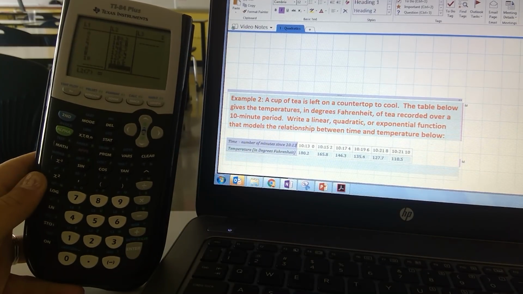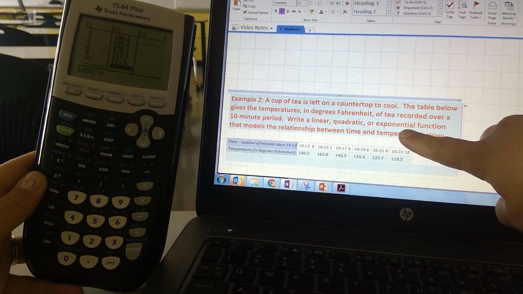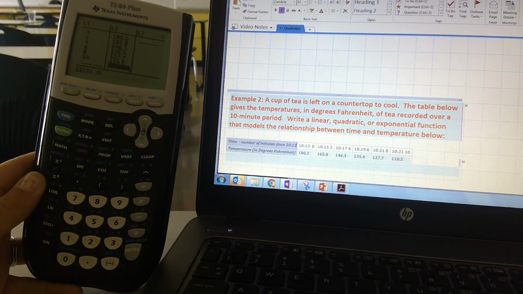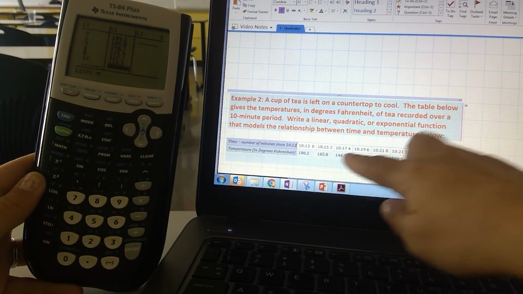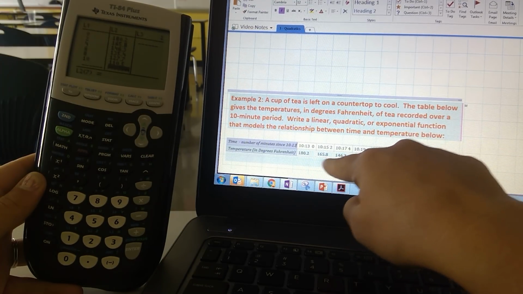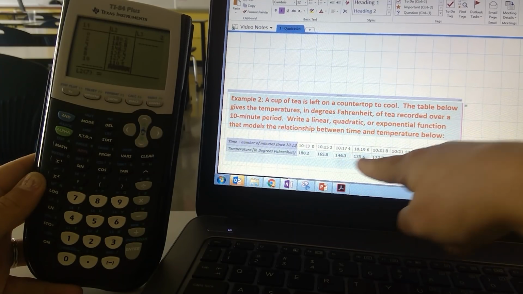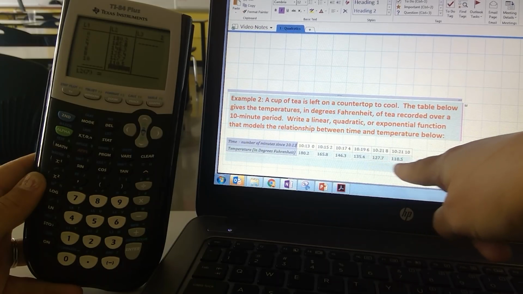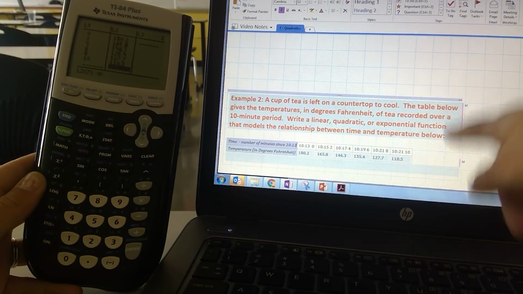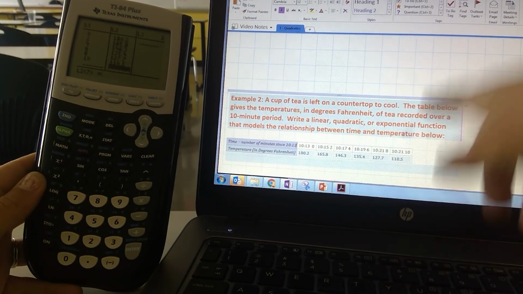Double check to make sure my values are right. Okay, I'm going to have to choose between a linear, quadratic, or exponential function. Again, when I'm looking at these Y values, I see this is going down by about 15. This temperature is going down by about 20. This is going down again, but they're not going down all by the same values, right? This is going down by about 17. So if the function is just decreasing, I'm not sure exactly which of these three functions will best fit